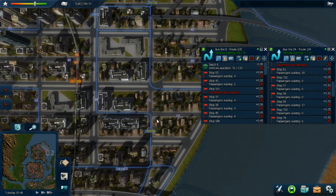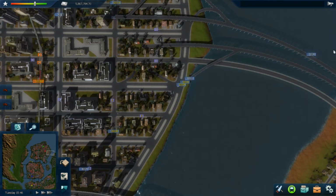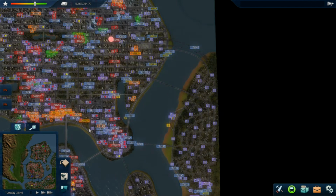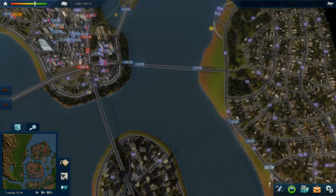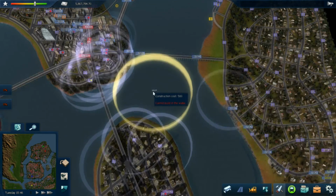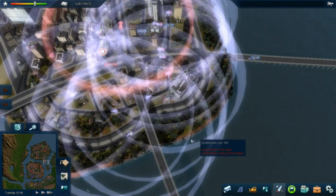So I think, is that Route 105 there? Yes, it is. So that to that is probably too close, actually. Maybe I will build a new line in the future. I might build a bus line that sort of circles the inner area. So the monorail will circle the outer area and then have another one for the inner area. Something like that, perhaps. Something else I would like to do, since we're connecting everything up, is...